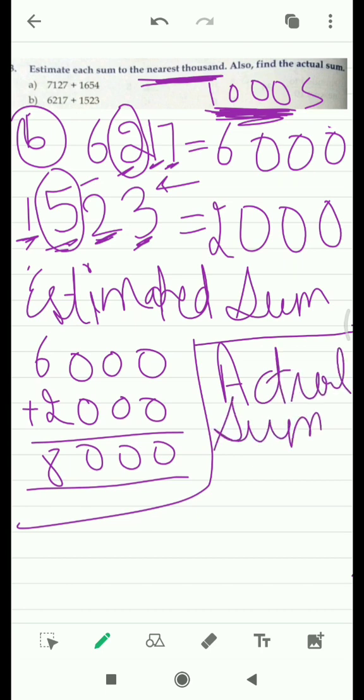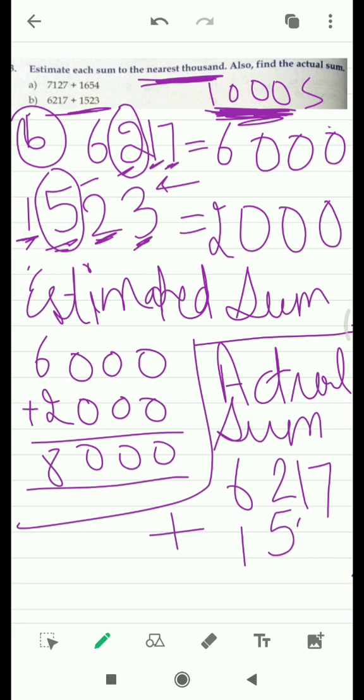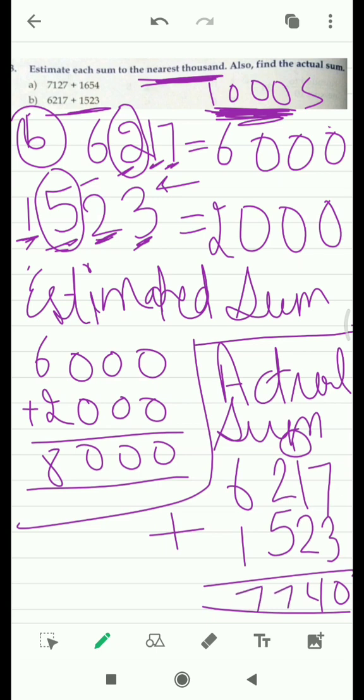Actual sum is that whatever is given, simply just add it. 6,217, and to this we have to add 1,523. So let's see what it comes out to be. 7 plus 3 is 10, so this one has to be carried there. 2 plus 1 is 3, 3 plus 1 is 4, 5 plus 2 is 7, and 6 plus 1 is 7. Again you can see the actual sum is quite less than